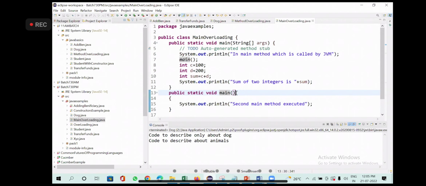I'm putting two main methods. In the first main, I'm trying to add two numbers and display the result of the sum. In the second main method, I'm not writing anything. One is taking parameters, one is not taking any parameters. Which one will it execute? The first one. Now try to run it.